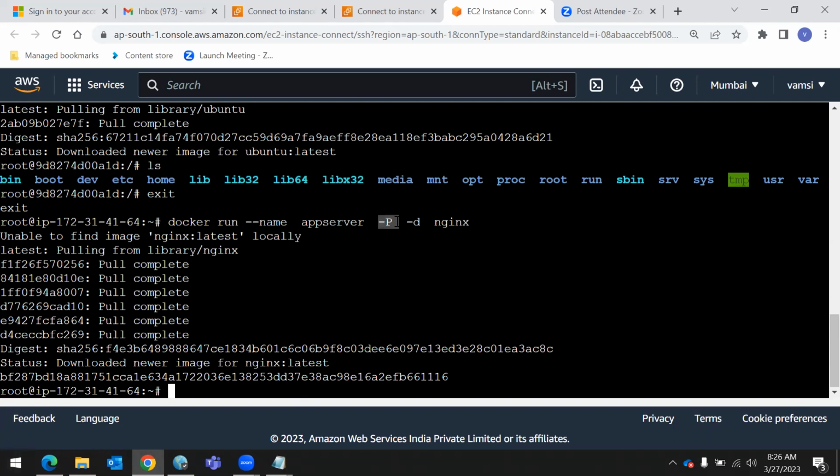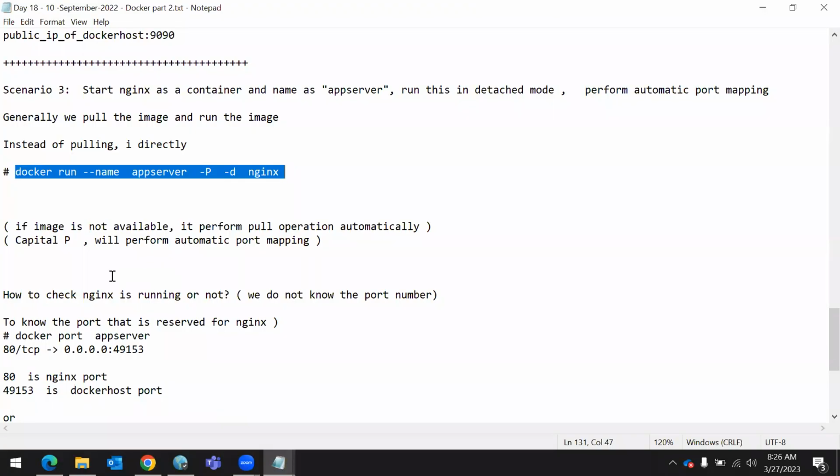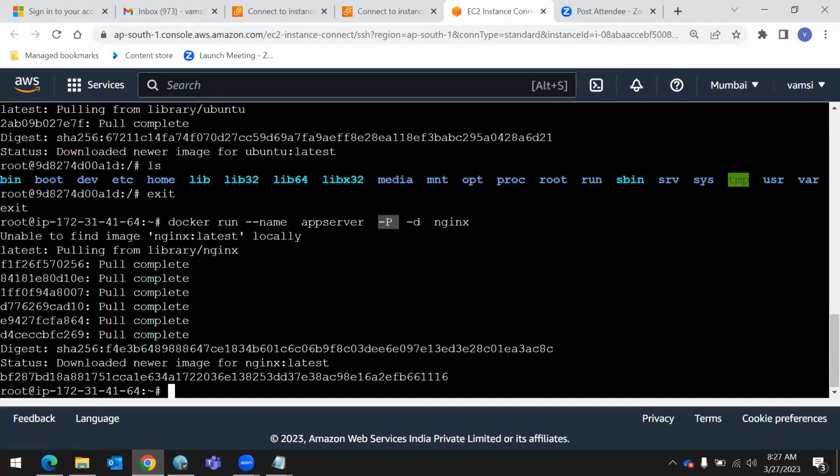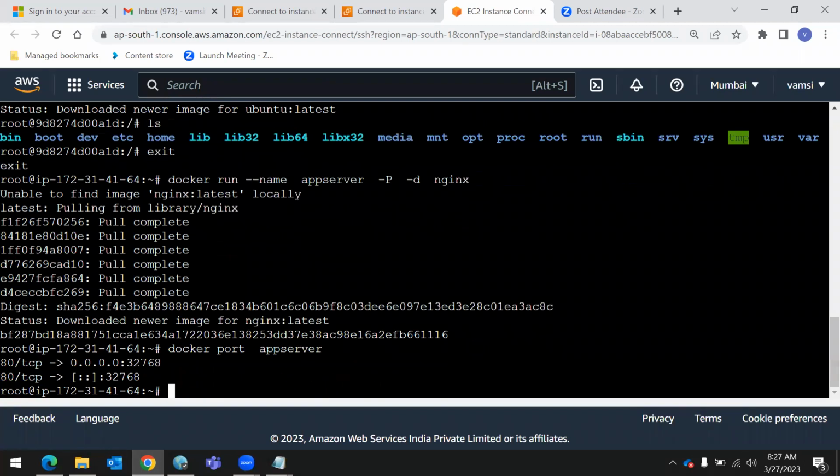Okay. So how to check the port number? That is what we are going to learn. So how to check whether Nginx is running or not? We don't know the port number, right? We need to access the port number. So how to know the port number? We can use a command called docker port container name. If I use docker port container name, then it will show, like you see, this is how it will show